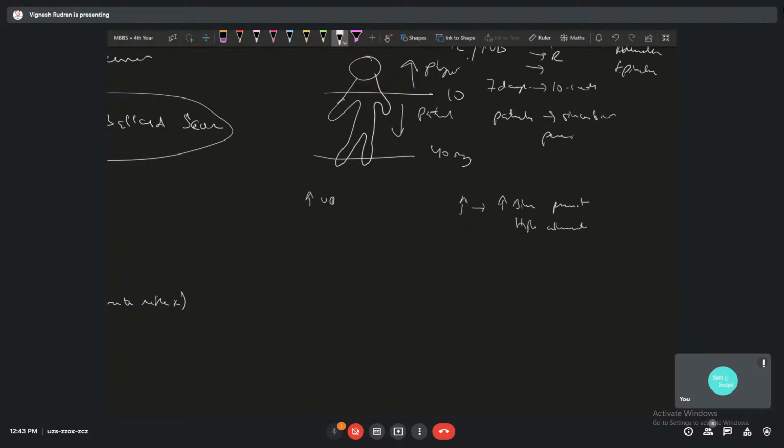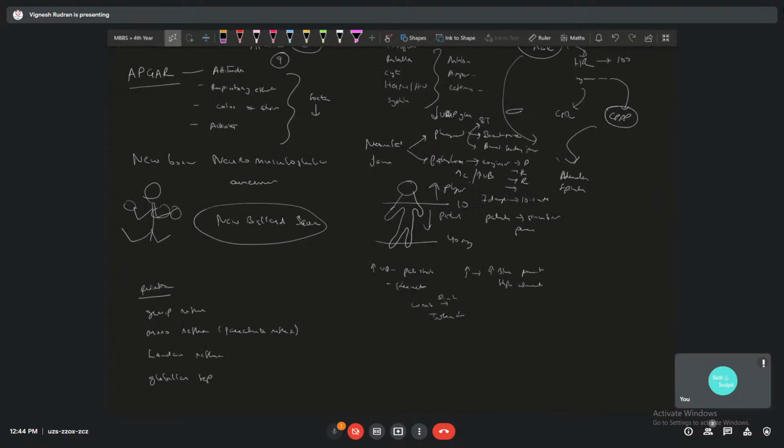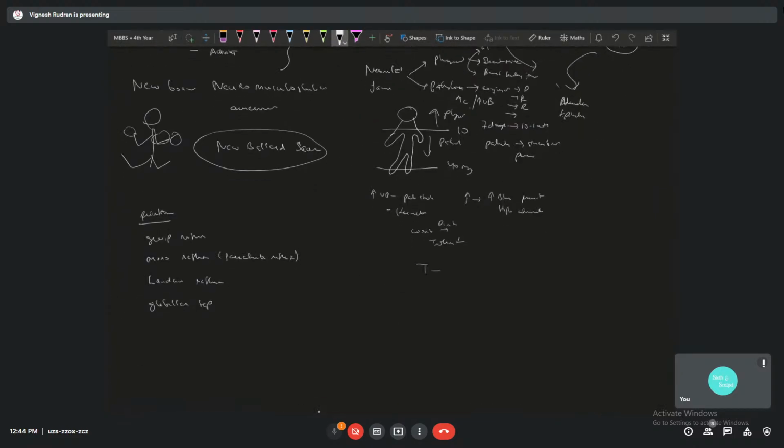Increased unconjugated bilirubin gives pale stools, and it can lead to kernicterus, because unconjugated bilirubin can cross the blood-brain barrier and cause encephalopathy-type damage. That's the problem with unconjugated bilirubin. So how do you find it? You use your Coombs test, direct and indirect, for detection. For treatment, phototherapy is going to be your main option.